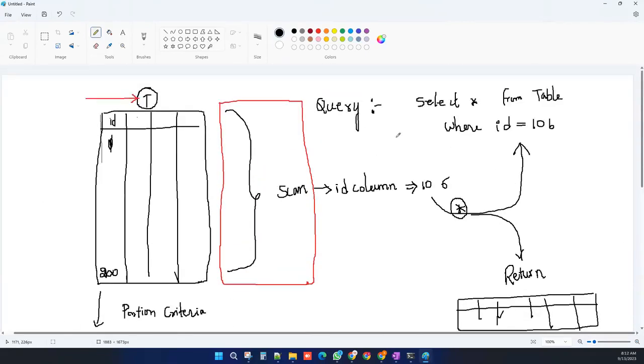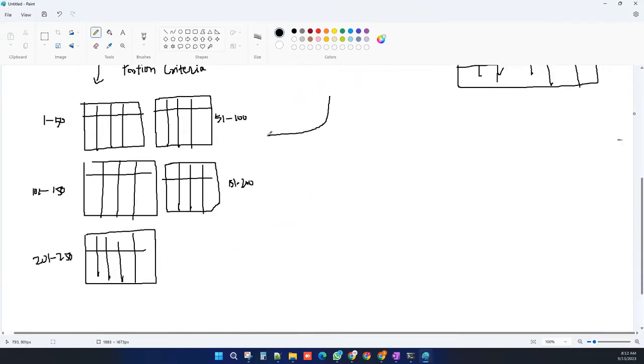Whenever I run the same query, or you run it, now tell me, sir, do I have to go to each table or can I look at the partitioning criteria? If I look at the partitioning criteria, I'll come to know where 106 is. 106 can be in this table, and this is where 106 couldn't be. Based on the partitioning criteria, BigQuery comes to know, and it will just read